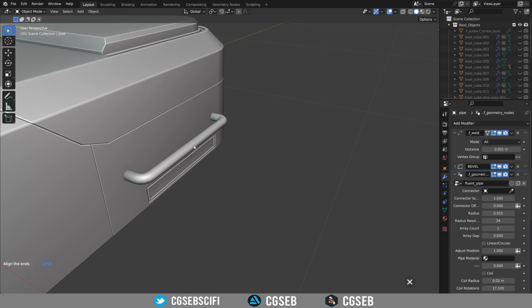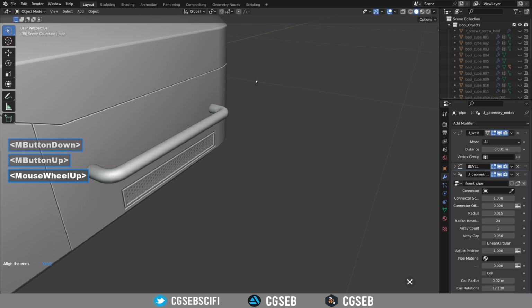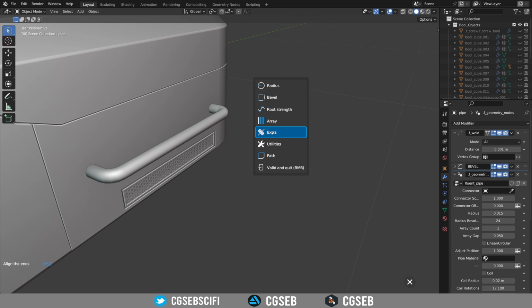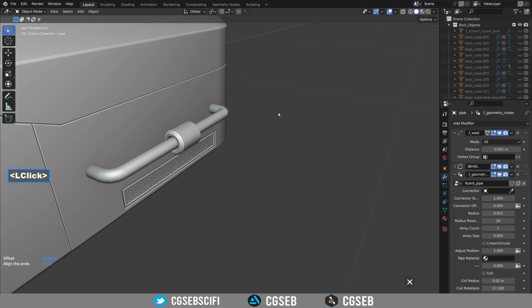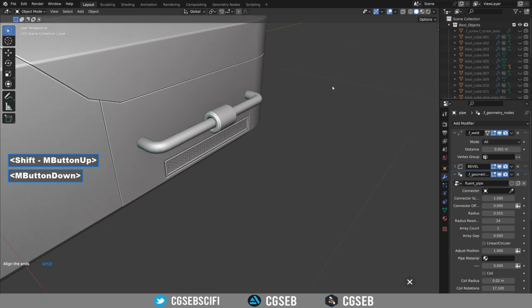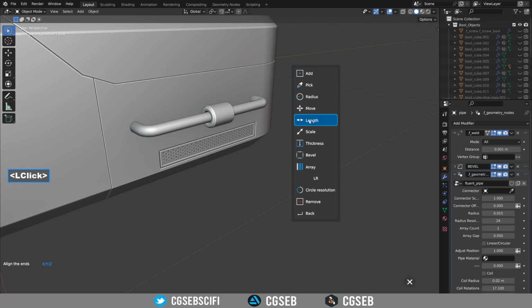And I would like to add a protection on top of this. So to add a protection, you go to extra and ring. You need to add a ring because by default we don't have a ring. So you add a ring, it pops out, and then you move it where you want it. I would like to have it in the middle, and you can adjust the length,